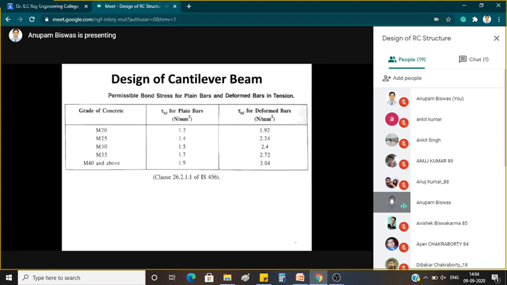So from IS code clause 26.2.1, we will obtain the respective value of permissible bond stress for tau bd from the given criteria. Here we have M20 grade of concrete, and for a deformed bar, that is Fe415, the value is 1.92. So considering this value 1.92 for M20 and a deformed bar,